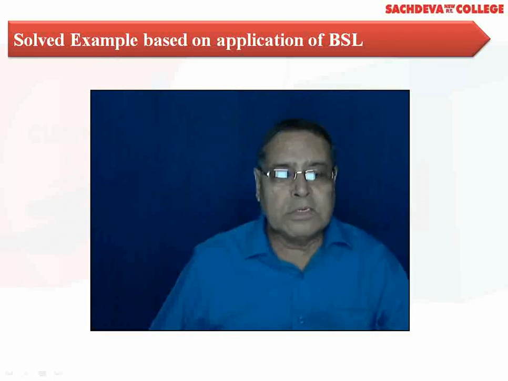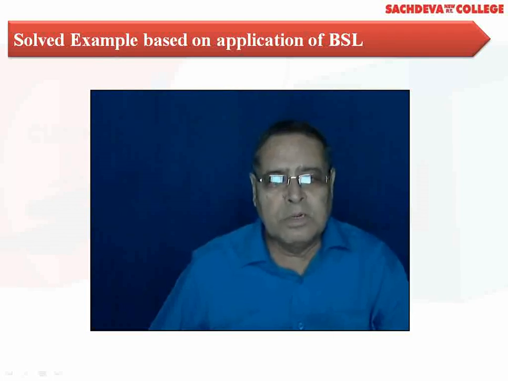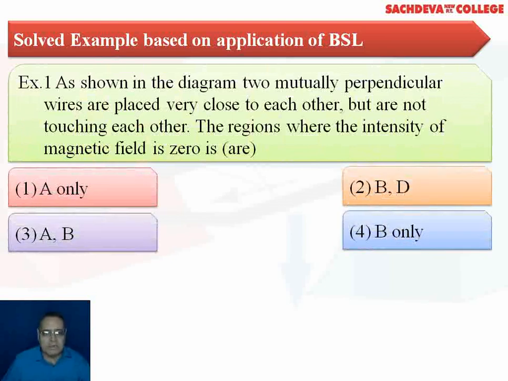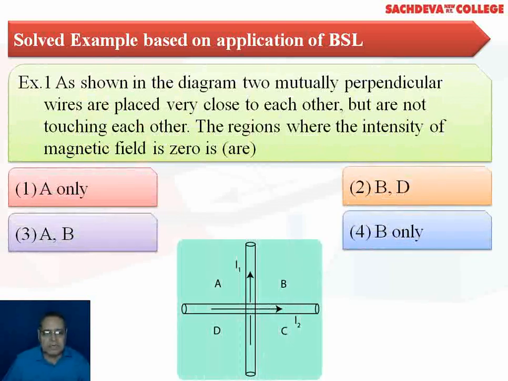Now we will discuss some solved examples on the application of magnetic field. In the first question, you can check the figure as shown in the diagram: two mutually perpendicular wires. The wires are shown here. As shown in the diagram, two mutually perpendicular wires are placed very close to each other but are not touching